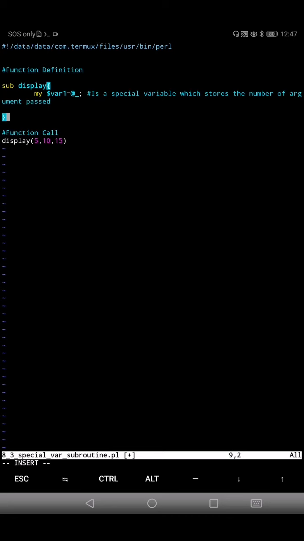Okay, so this is a special variable actually. So let's run this program. So here, semicolon,